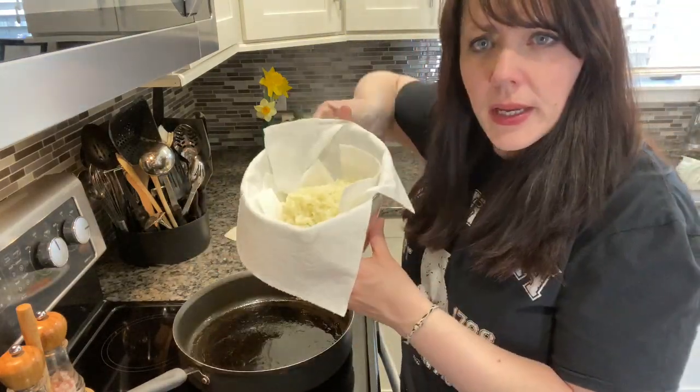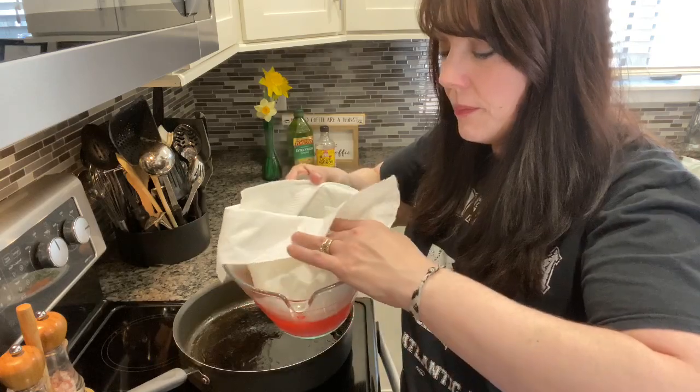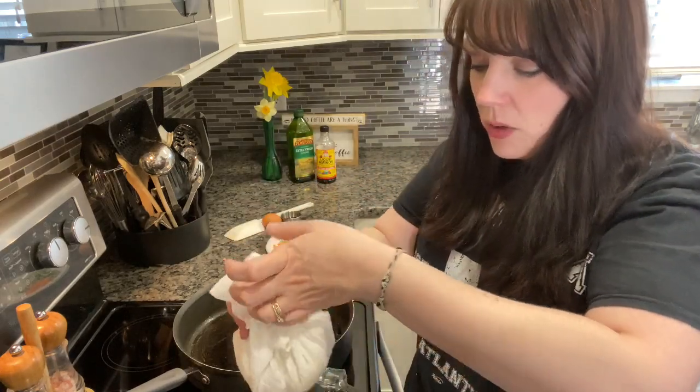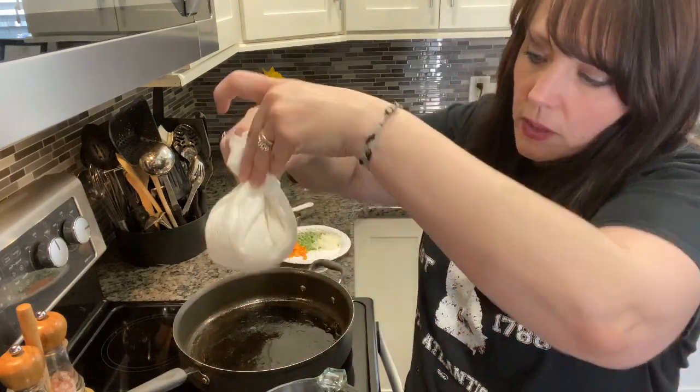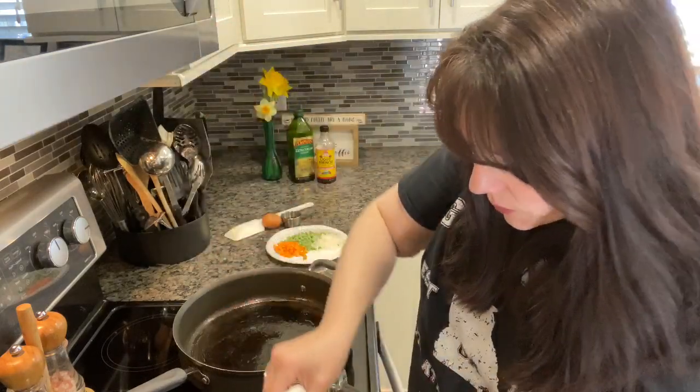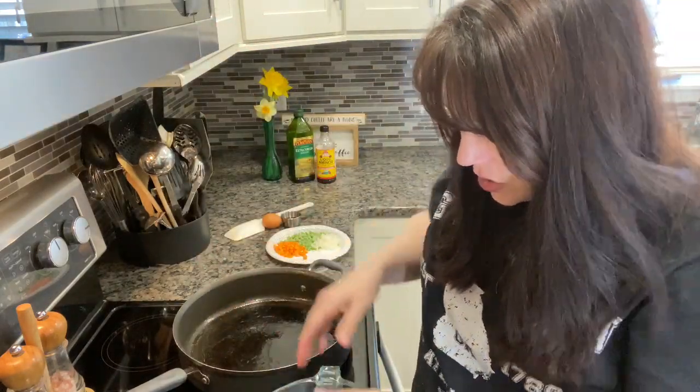So we're just going to put it in here. It might be kind of hard to show you how to do this. We're just going to let the paper towel soak up all the moisture of this cauliflower. You can see that it's getting kind of, so we're going to let that sit and soak up